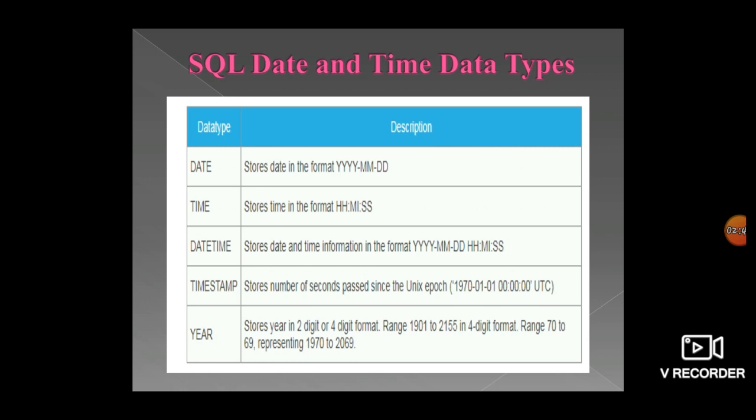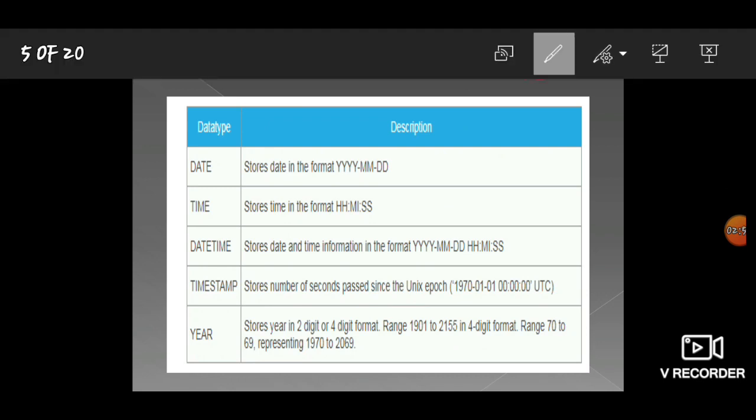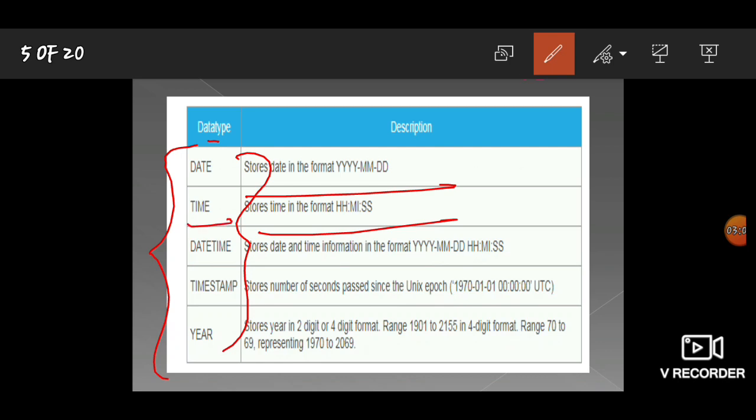Here you can see in the tabular format all these data types, and here is the description of what each data type does. These data types are used to store all the data related to date and time.